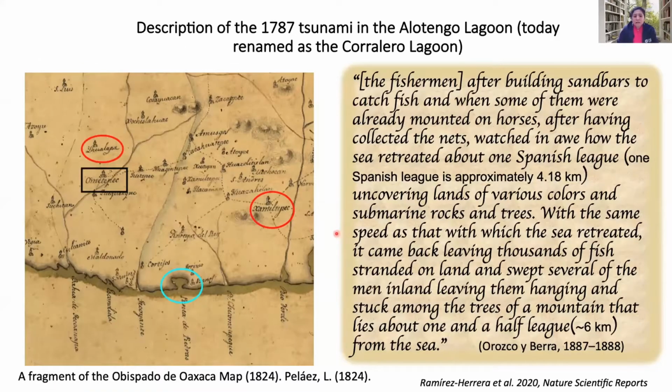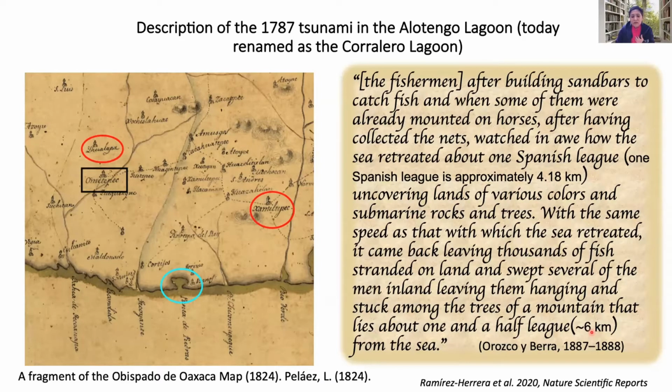We also took the task of looking at, I want to tell you that all these documents are in old Spanish. That is like reading Shakespeare in English. So it's not easy to translate, but we had help from historians. And so we translated all these old documents into modern Spanish. And they describe that at the time in 1787, when the earthquake happened, there was also a huge tsunami. They didn't call it a tsunami, obviously, but they describe how far inland this tsunami went and how high it was. They described that the inundation was about 6 kilometers inland,